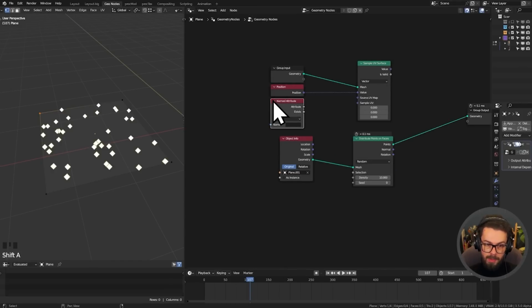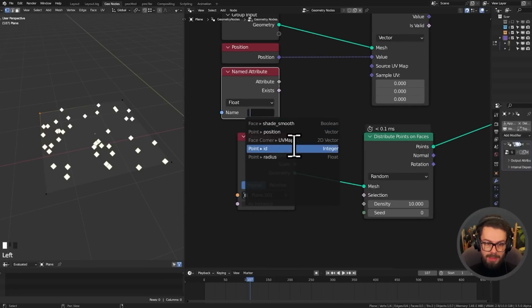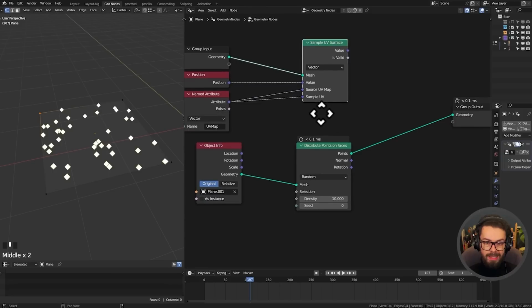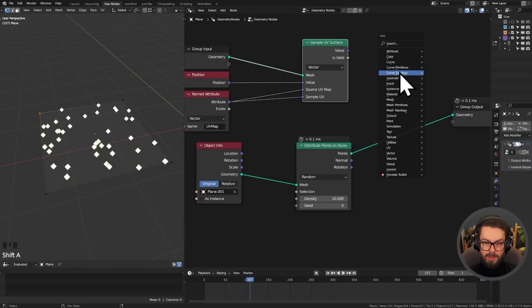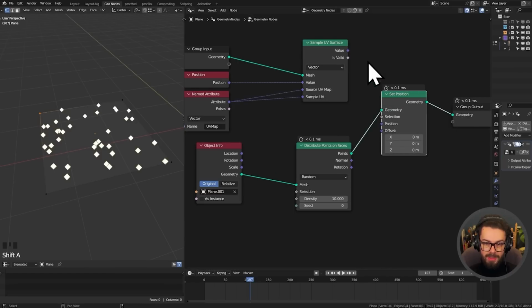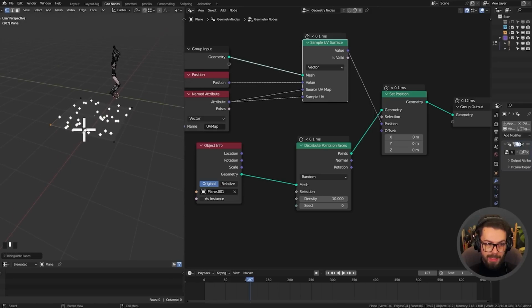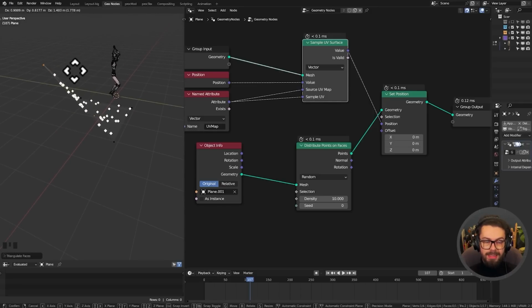Input, named attribute. Now this is the same mesh on both sides, so it's just going to be the UV map for both. So there and there. And then we can set the position to this value. So use a geometry set position like so. And now, as I move this around, you can see that we're not recalculating those points at all. So this is how you would work with creating points on a deforming mesh, because now things are stuck to